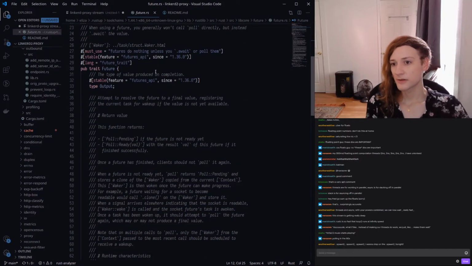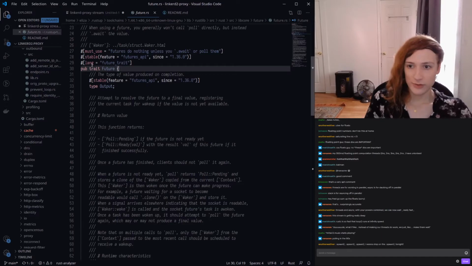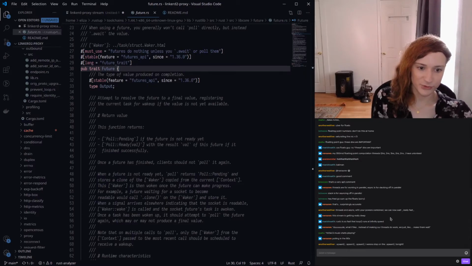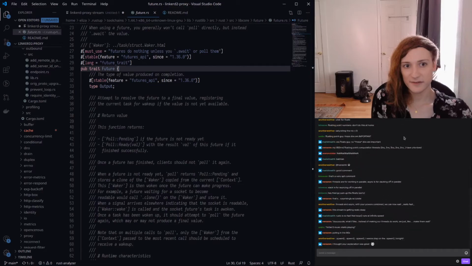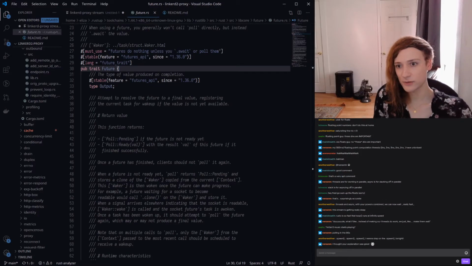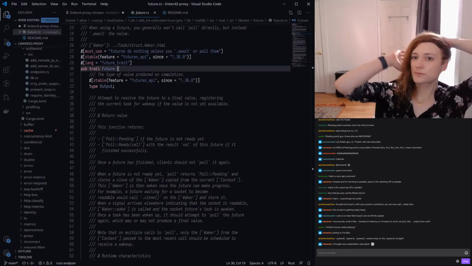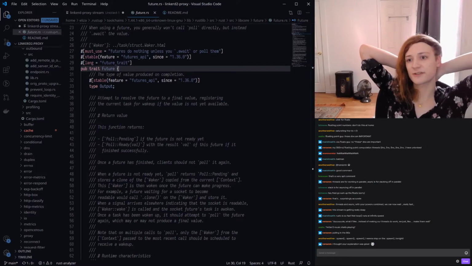So, future is a trait. And trait is a piece of Rust syntax that we haven't talked about yet, although it looks like the current stream chat is mostly people who know Rust, a bunch of Rustaceans in the chat. But for the benefit of anyone who is either not chatting or watching later, Rust has a concept of traits.